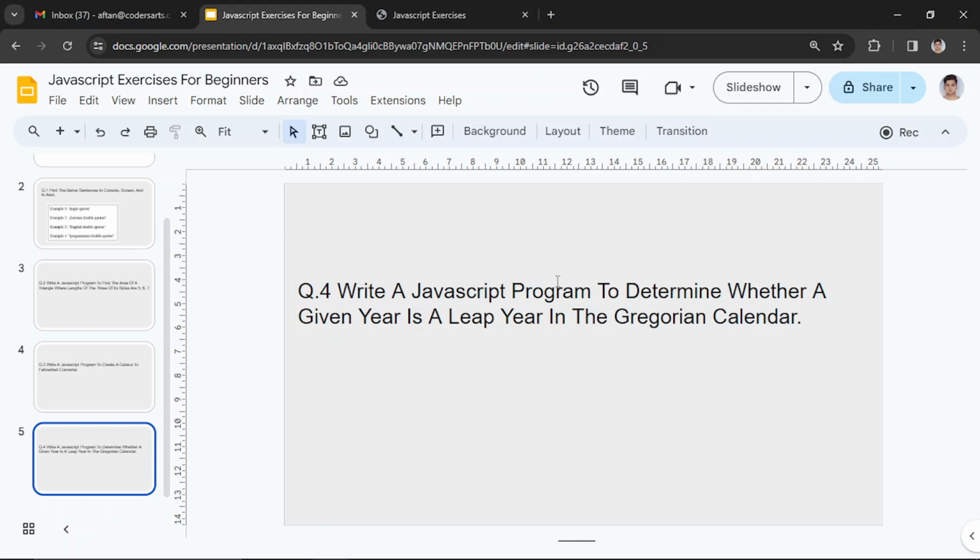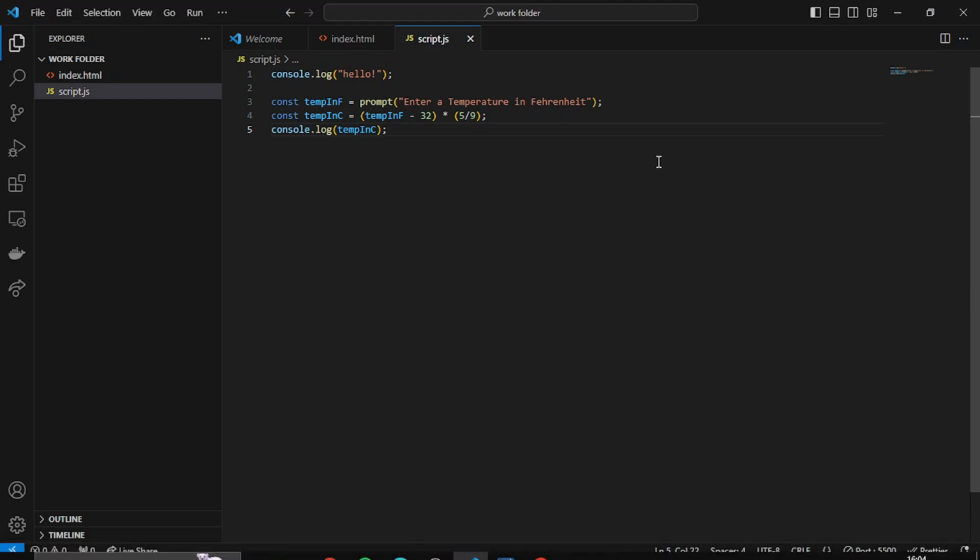So hello everyone, in this video we'll be doing another exercise in JavaScript, which is to write a program to determine whether a given year is a leap year in the Gregorian calendar or not. So we have to find out whether a provided year is a leap year or not. So for that, we'll be going inside our code,